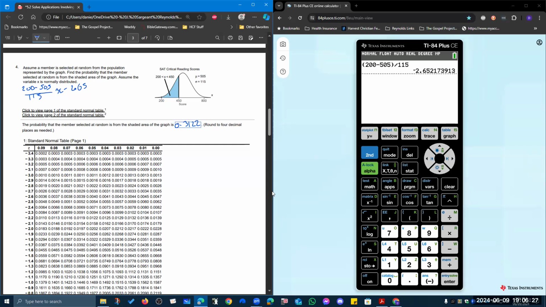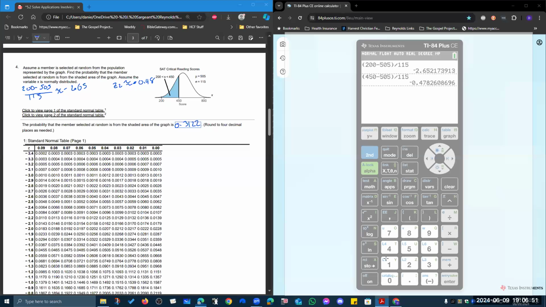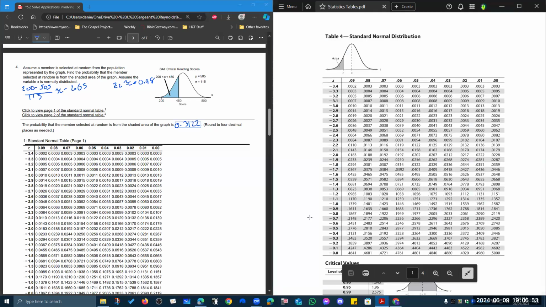So it's going to use technology, even if it doesn't say that it uses technology. 450 minus 505 divided by 115 here. Our second value is going to be about negative 0.48. And then we could pull up our z table here, negative 0.48,